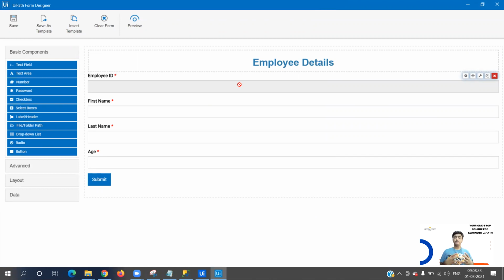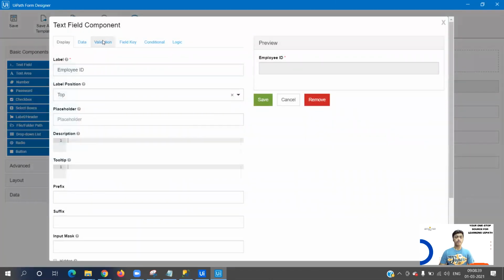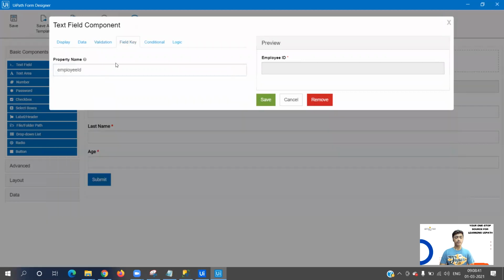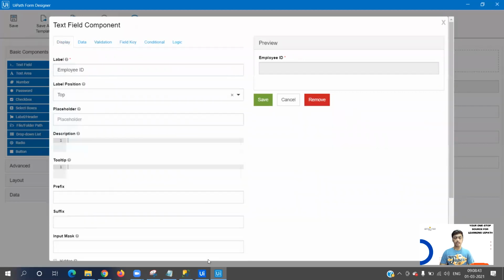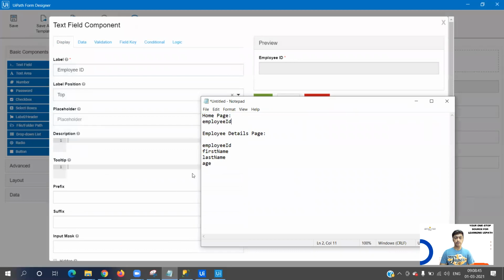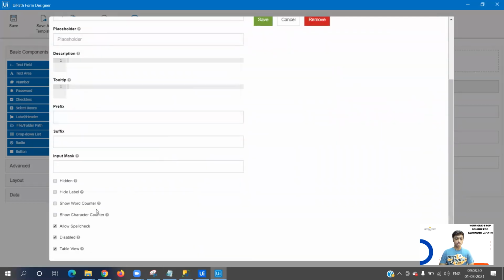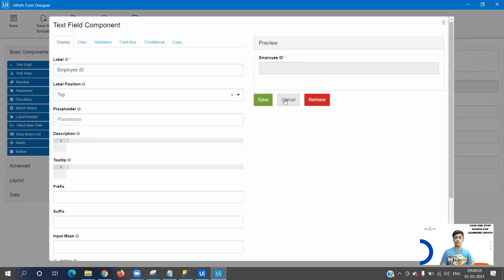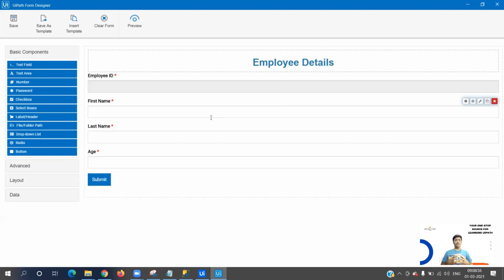That is the reason it is disabled. If I go to settings, again you will have that validation over here where you need to select required, and field key is going to be employee ID. So I have saved the field key for all the four fields: employee ID, first name, last name, and age. Now if you see over here, I have selected the disabled checkbox, so this field is disabled. In a similar way, you need to create first name, last name, and age.